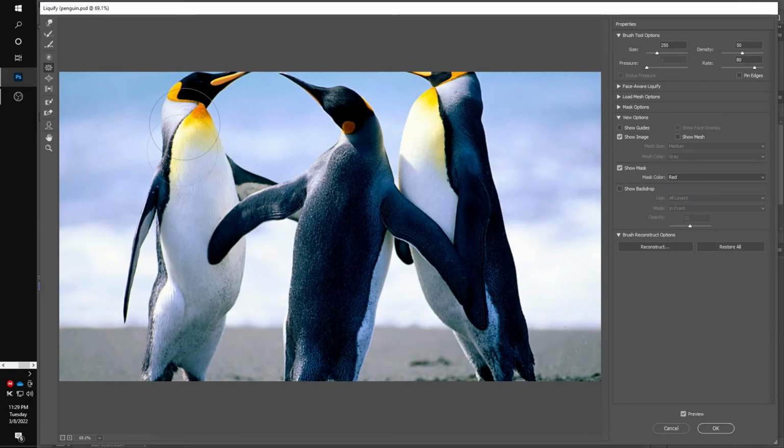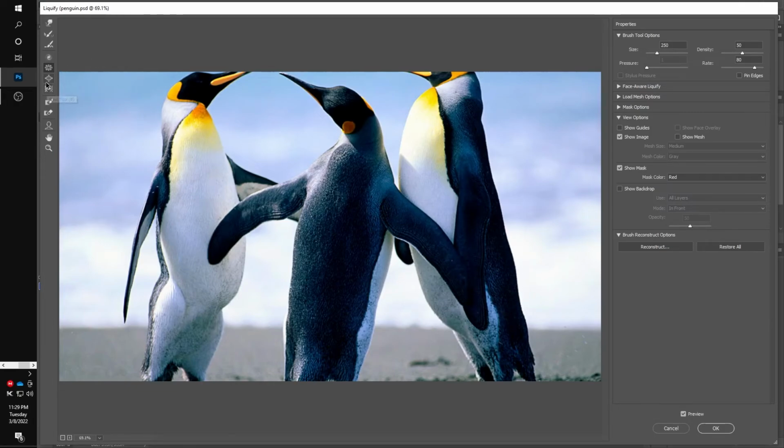So this penguin here is a little concerned about its waistline. It wants to look svelte in its wedding photos here. So we'll just kind of pinch that in a little bit there. We'll do a little tummy tuck right here. Oh yeah, this penguin's looking swole here. Okay, so